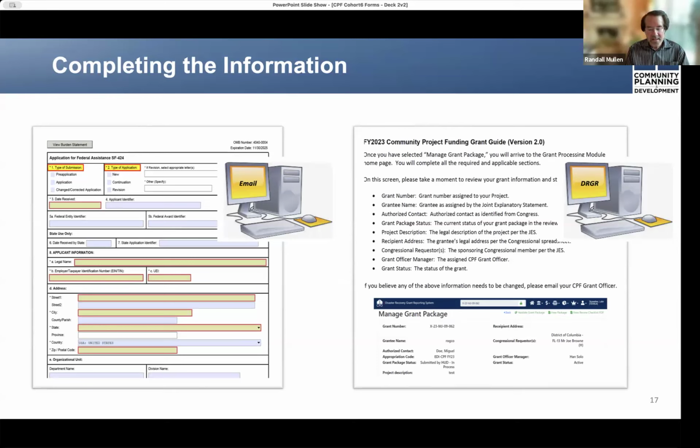Once your computer has downloaded the SF-424 application for federal assistance, you can complete it as a fillable form within Adobe Acrobat. The right side of this slide depicts the page in the FY23 grant guide, which provides instructions for the use of the grant processing module within DRGR and begins to prompt you to enter information that is necessary for the SF-424.